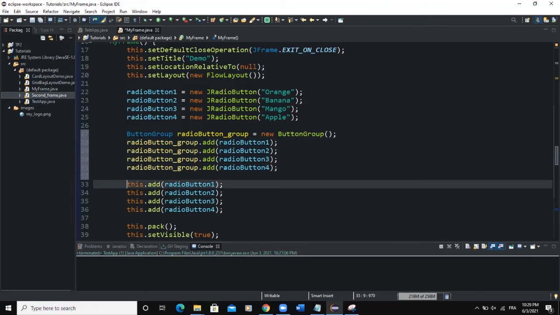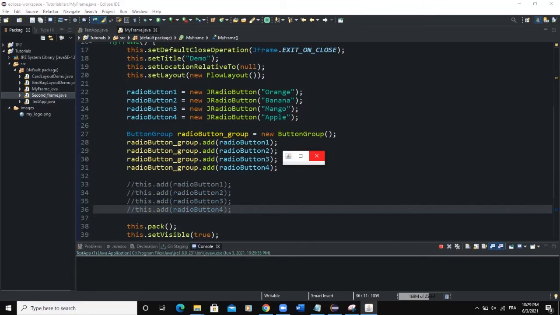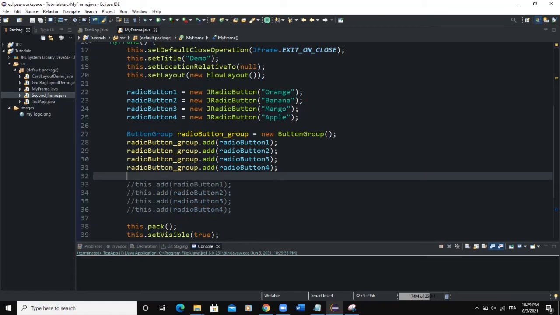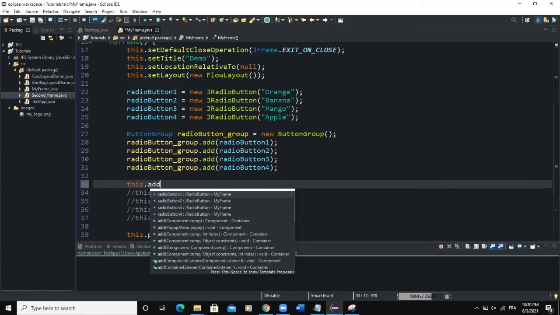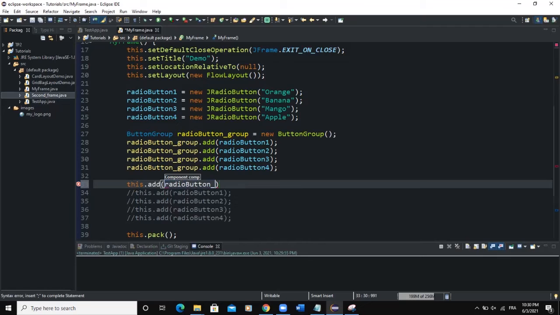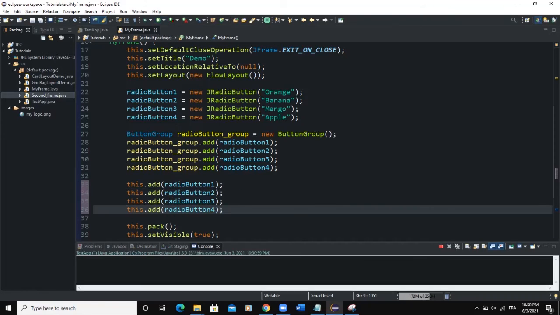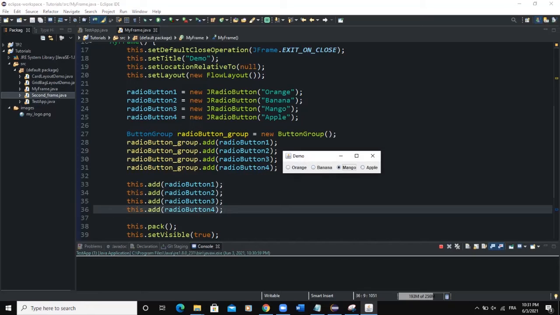Let me comment this. So now let's run. Nothing is showing. We need to add the button group to our frame. So we will say this, that add radio button underscore group, semicolon. Now let's run. So when we select the radio buttons, you can notice that only one radio button is selected